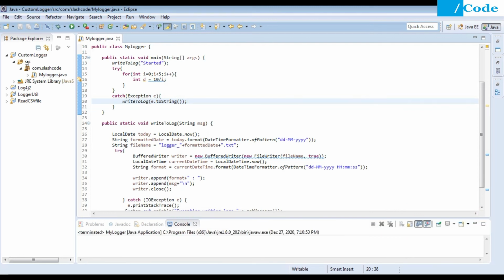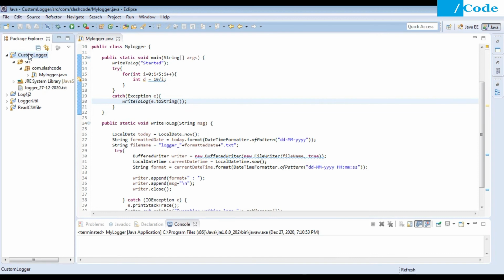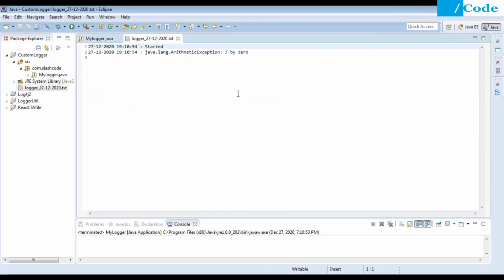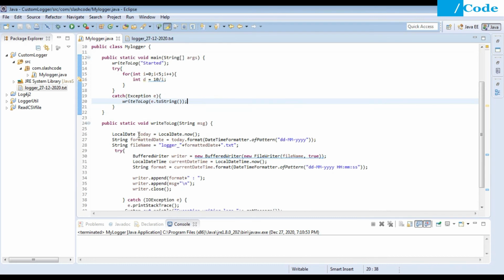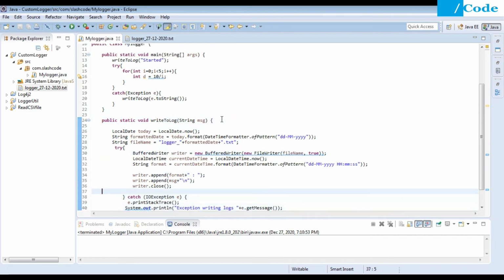The program executed, and if you refresh your folder, you will see the file created here, and we got this error, java.lang.ArithmeticException divided by 0. This is one case where we have created our own custom function. It takes the buffer writer object, and it creates one file with the file name of the logger and the current date, appended with .txt format.